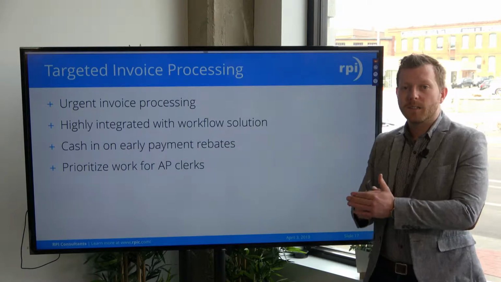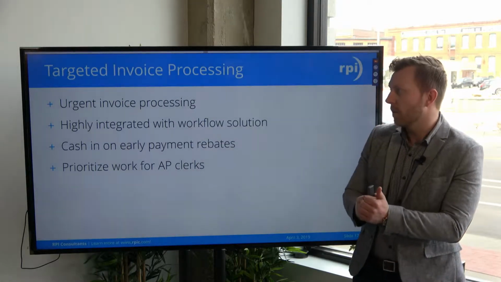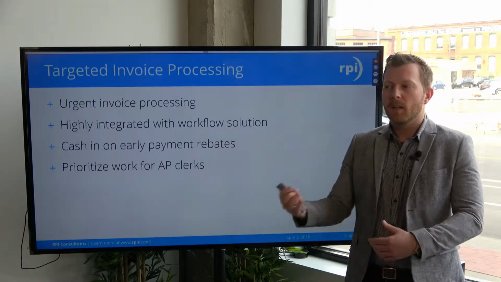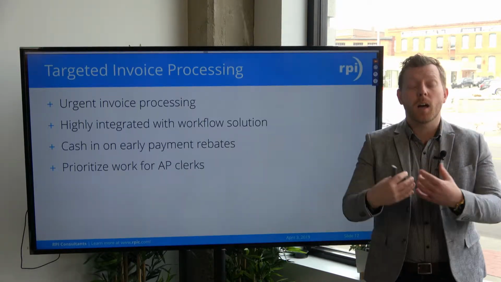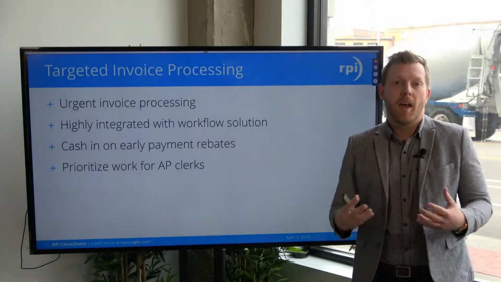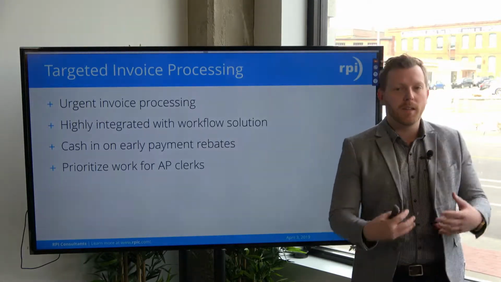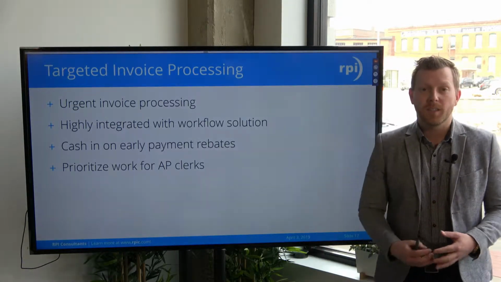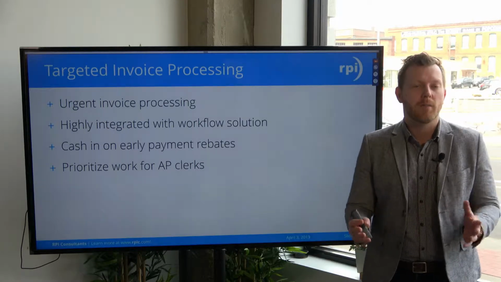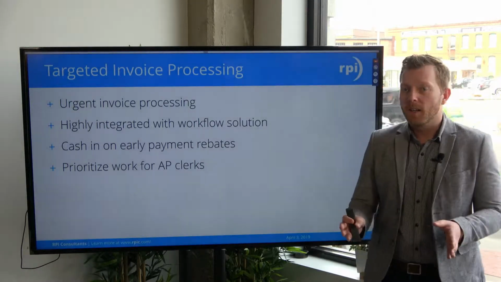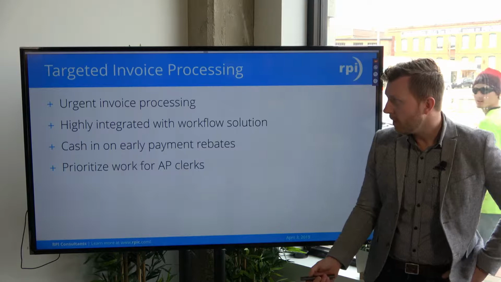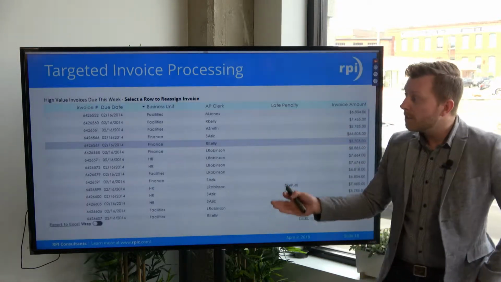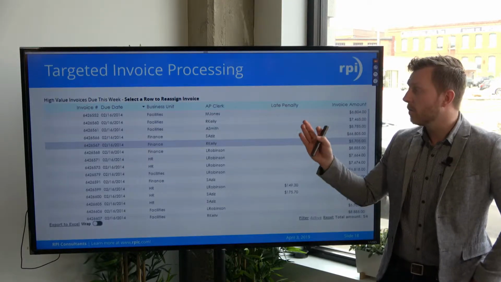The next one is targeted invoice processing. I like this one quite a bit. Urgent invoice processing is kind of a big deal. In a lot of the solutions, we try to set up a scenario because a lot of accounts payable departments that we work with have a scenario where if I'm sending it to OCR, that's a day or two, and then it's got to go through validation and maybe approvals, but you just have that vendor that has to be paid. This is a good report to run that's highly integrated with your workflow solution to identify upcoming due dates, for instance, and get those processes paid.